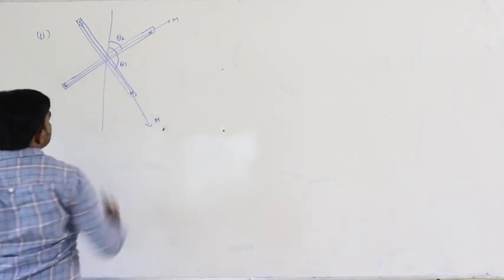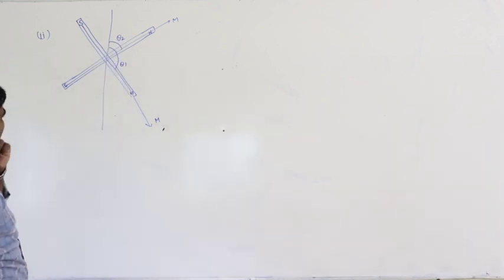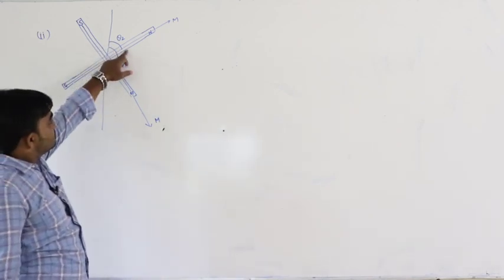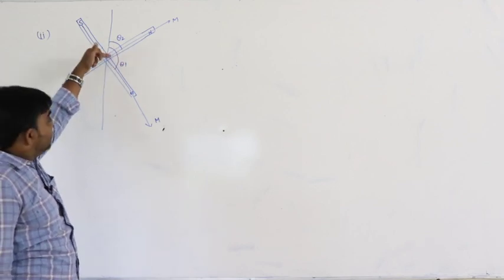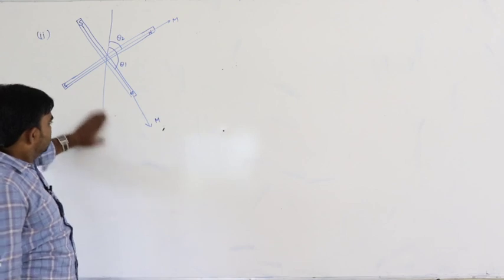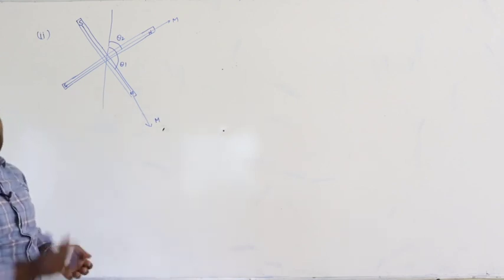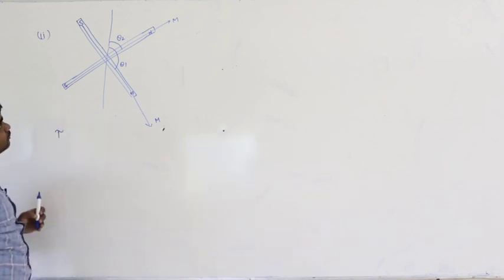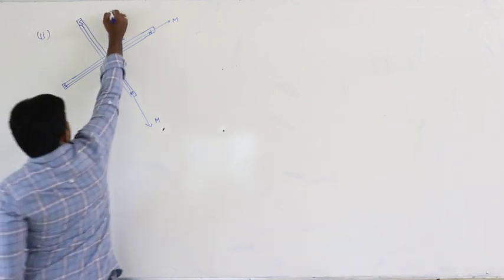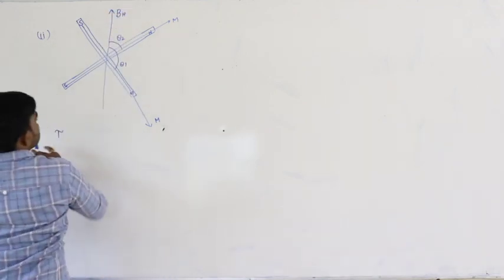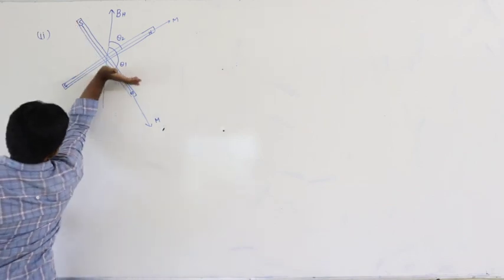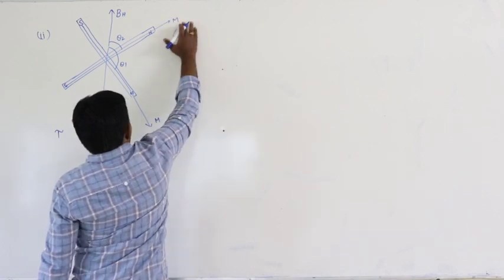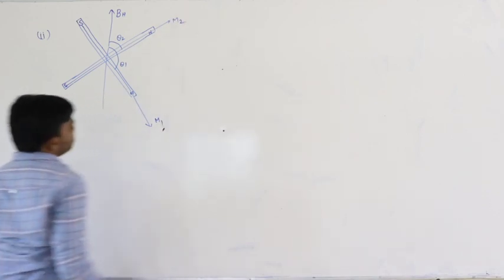From this point, this angle is theta 1. In this direction, I am measuring the angles here. In the previous case, this is theta and the remaining is 90 minus theta. But here, if we measure the angles like this, then what happens? So, torque. What is the torque formula? M bar cross B bar. Let us say it is BH. So, M bar cross BH is outwards. This is also M bar cross BH outwards. So, let us say it is M2 and it is M1.